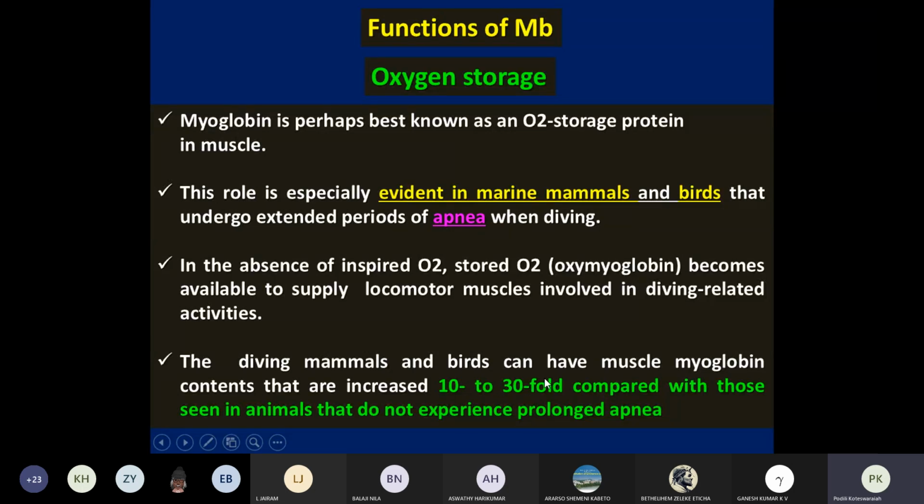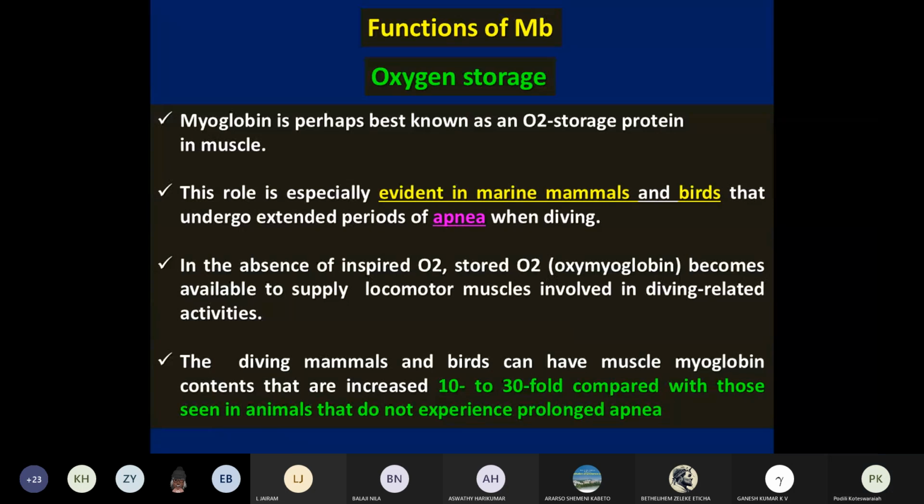These marine mammals experience a condition called apnea, that is, temporarily holding the external breath. When these marine animals hold their breath, the oxygen stored in the form of oxymyoglobin is used for the locomotor activities